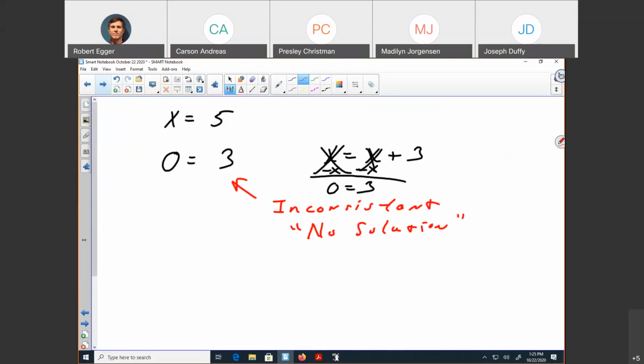Another possible outcome is, I don't know, I'm just going to make this one up, 3 equals 3. In algebra, the x's, the variables, cancel each other out. They went away, and you end up with a constant on both sides. The question that asks is, is this a true statement? Is this true? So it means it's consistent. Don't judge my spelling here. Consistent.